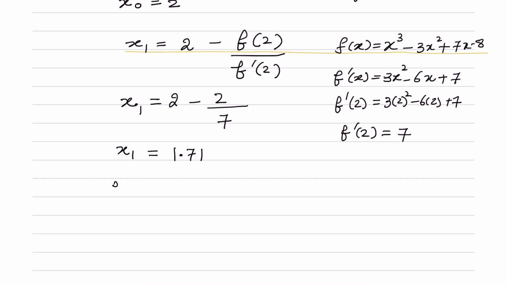So every time you find a new x, you plug it in the function like this, f of x1, which is f of 1.71. This is the function f of x. We plug 1.71 in the place of x, and we get for f of 1.71 as